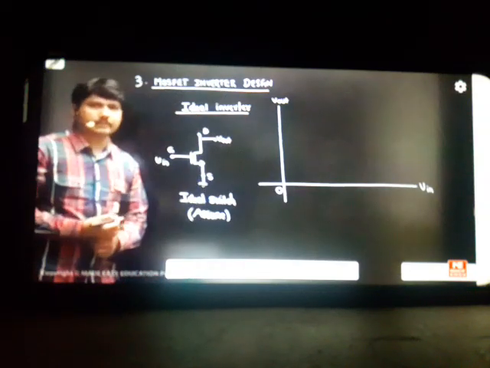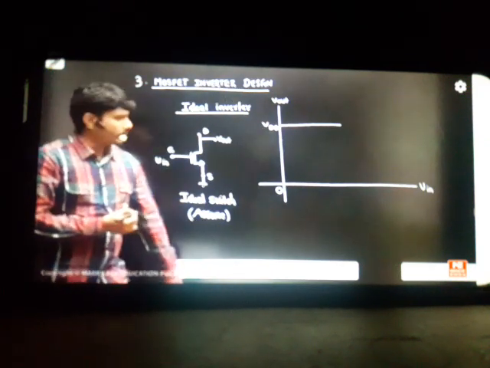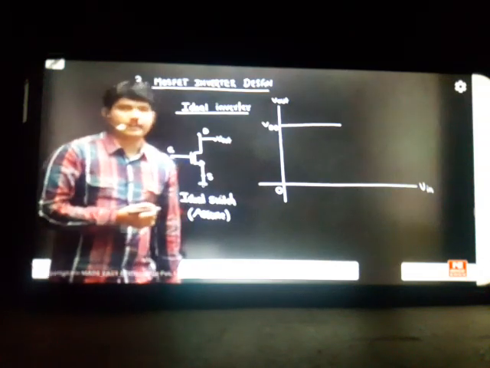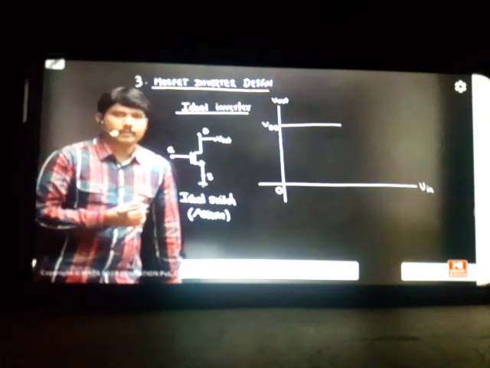So let us see first what is being asked. Whenever my input is at 0, the output should be the highest one. Highest in circuit design means VDD. So whatever VDD supply you give to the MOSFET, that highest value has to come there. Whenever the input is low, the output should be high. That is required for an inverter switch. A common emitter will work like this naturally: low input, high output for common emitter systems. A common source also will give the same impact.